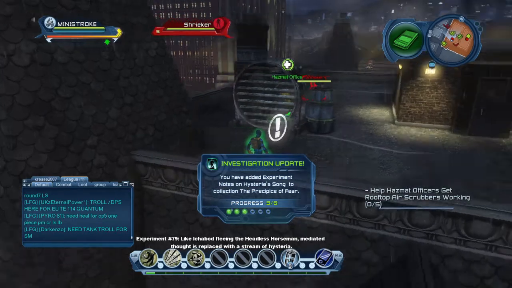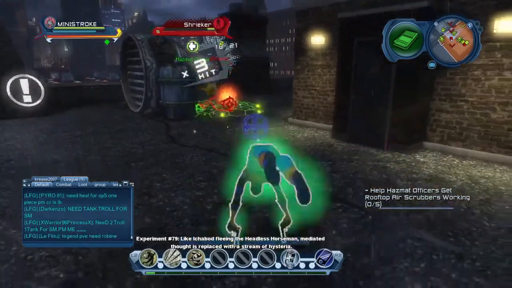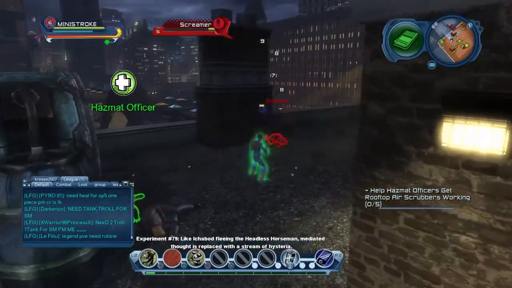Experiment 79. Like Ichabod fought the headless horseman, he needed not his reputation in the stream of his